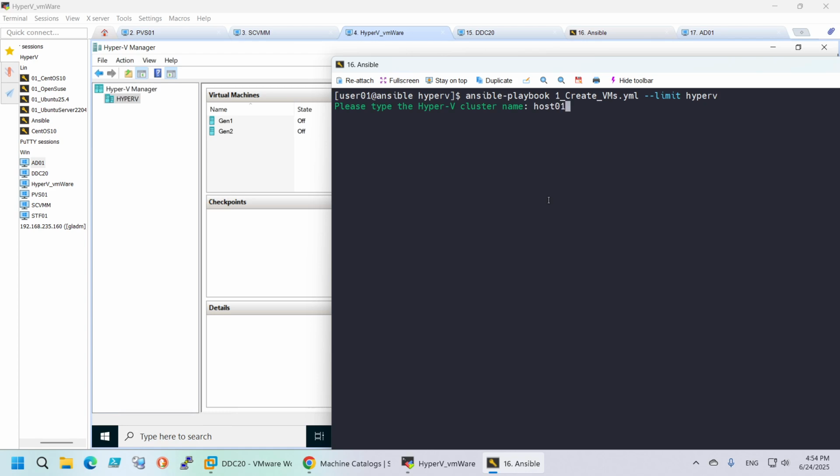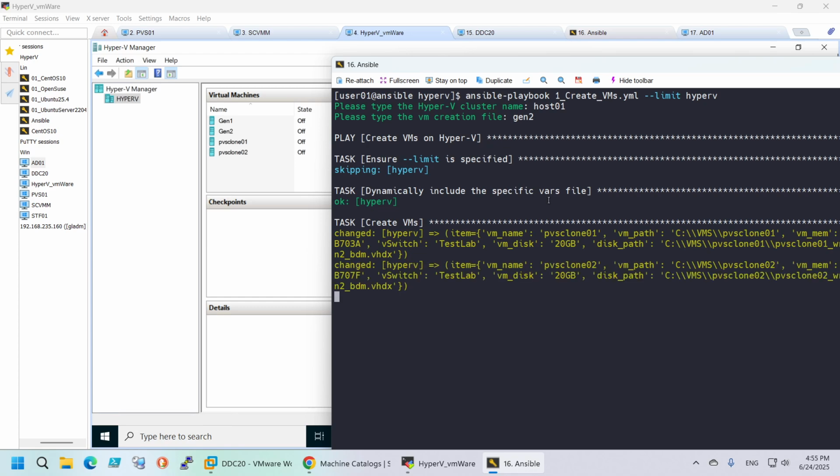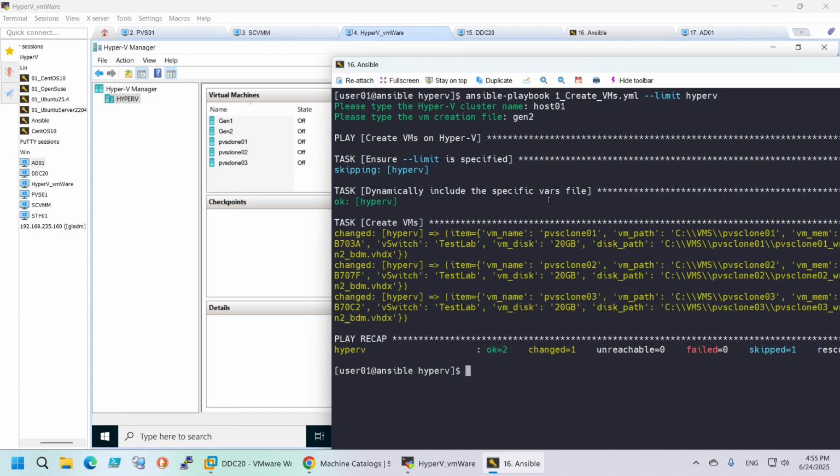So, this is how I'm always doing VM creation, also on Xen server. So host 01, and the file that contains the information about the VM is Gen 2. Okay, and this is all I need. And Ansible will create the VMs in a couple of seconds. And it will also